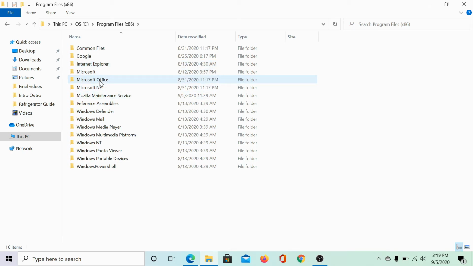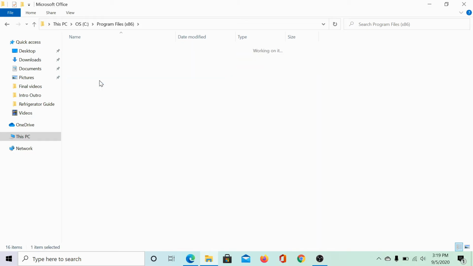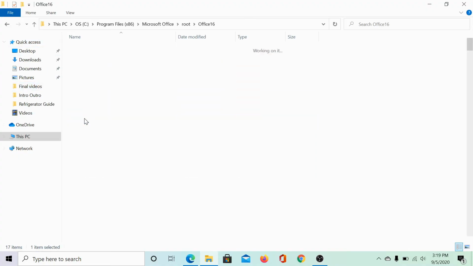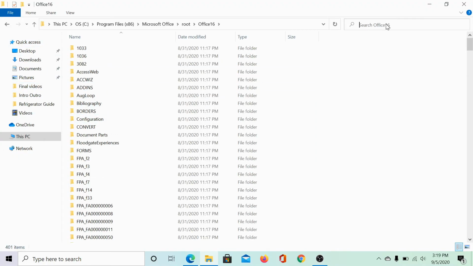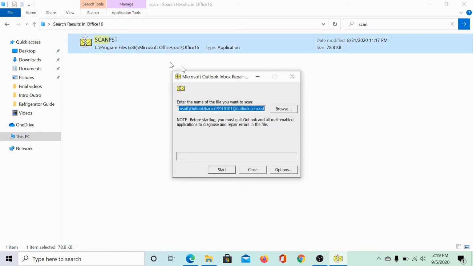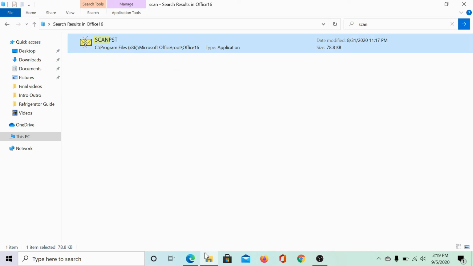In my case, since it's Office 2019, the following path would be Microsoft Office, root, and then Office 16. In the Office 16 folder, I would check for the SCANPST file. Here it is, and I will run it. Simply click on Start and follow the wizard to repair the Outlook data file.